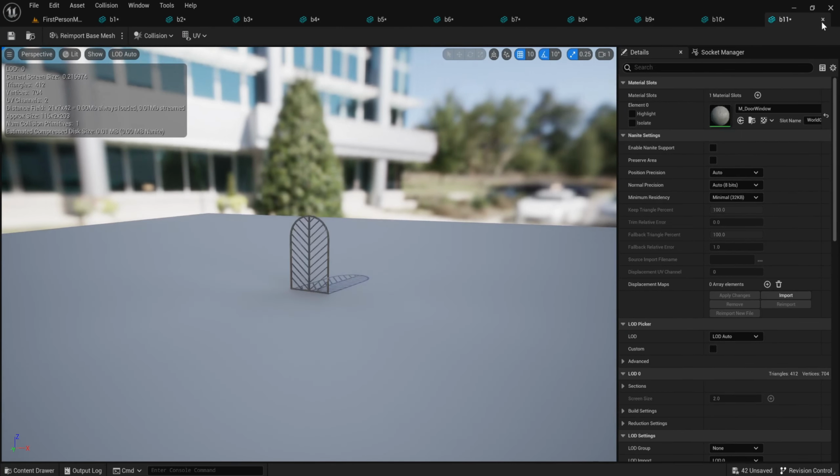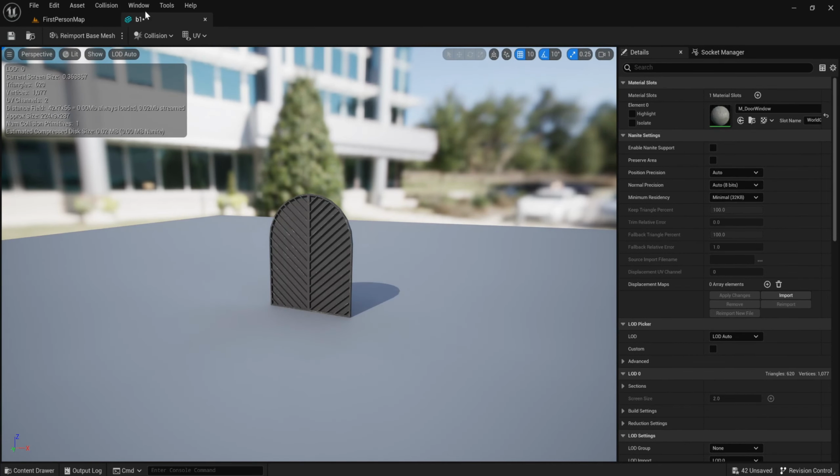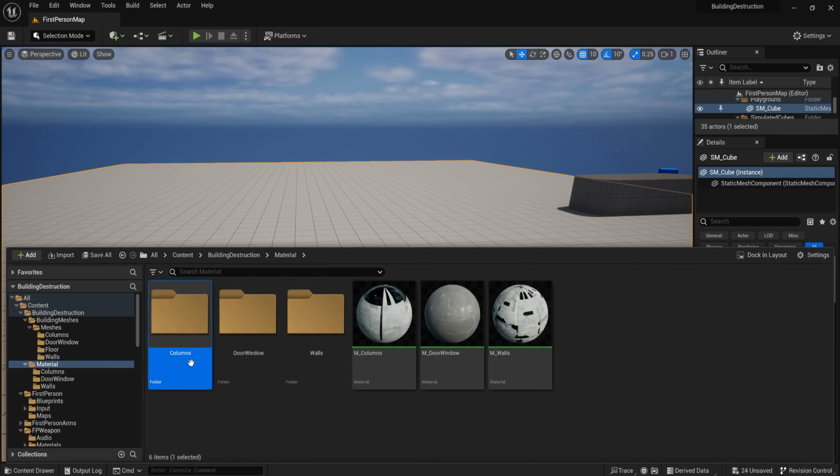Close all these tabs and save all. The column,